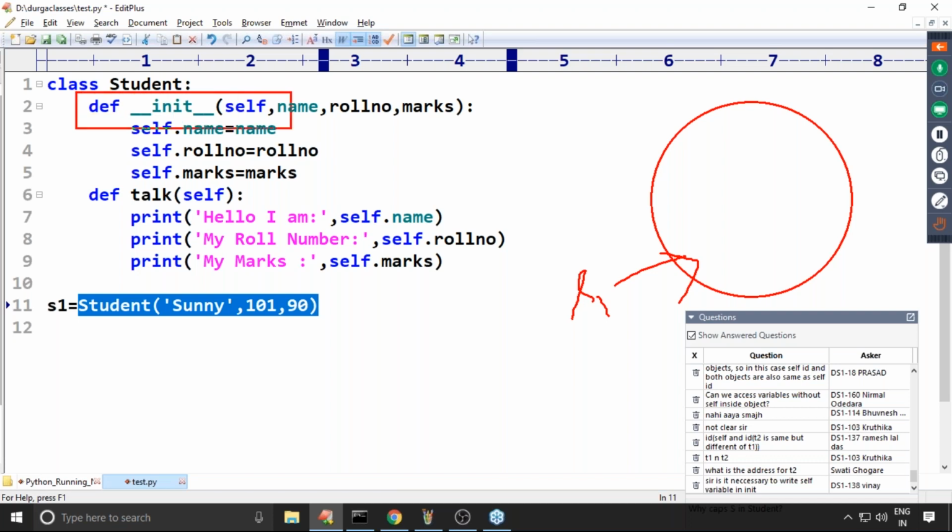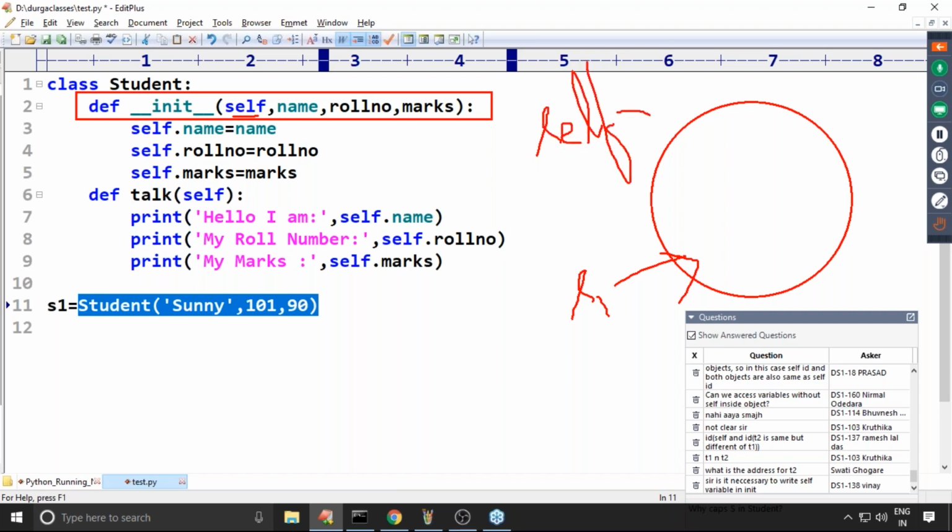Now the constructor is executing, sir. Whenever the constructor is executing, self is pointing to which object? Can you please confirm? Self is pointing to the current object. In the current object, name is equal to whatever name you passed, Sunny. Current object roll number is equal to 101.